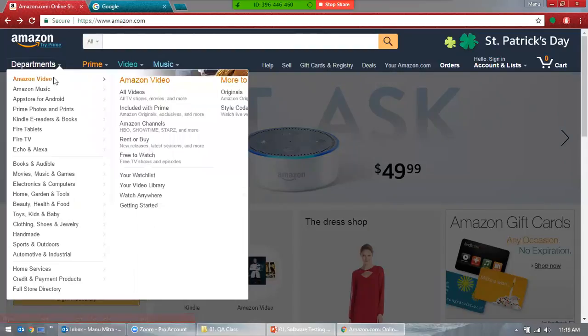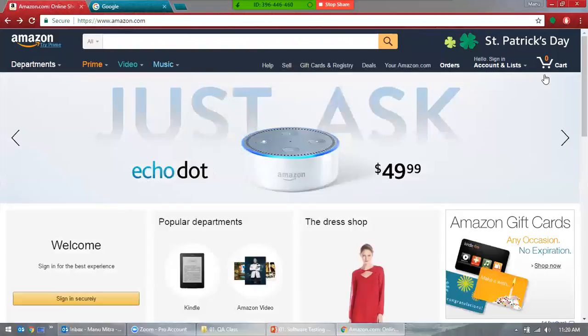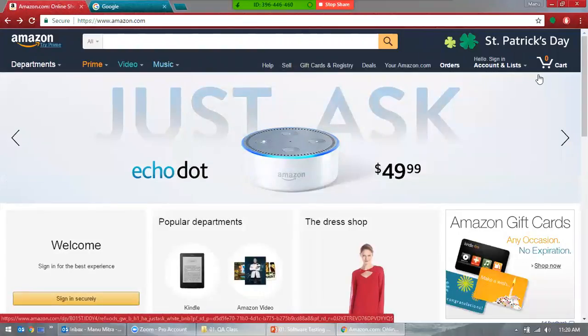Now I can have this drop down box, but see this? The light in the background is still dark until I hover my mouse somewhere else. So that's a functionality. It's a feature from Amazon,